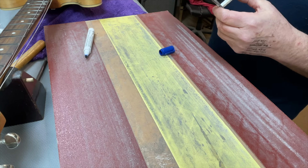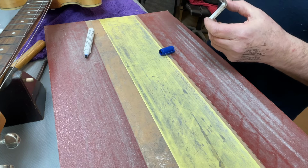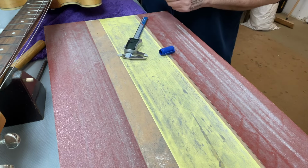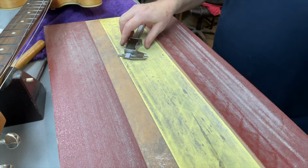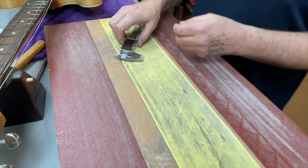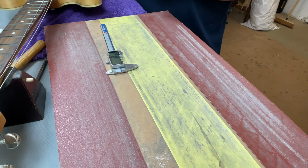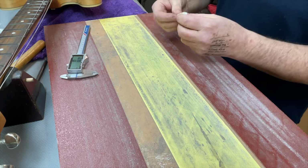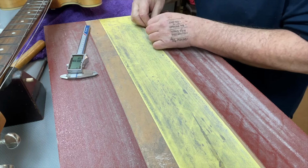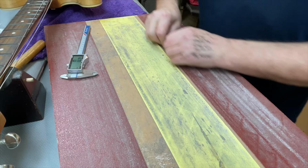7.6, that's interesting. It's very rare that that's the same. 7.6, 7.6, or 7.5 actually. Okay, so I'm going to take off 0.2 mils. Yep. So I'm going to go to 7.4 and 7.3 as measured. So the main thing now is to use the sandpaper here to take down this plastic